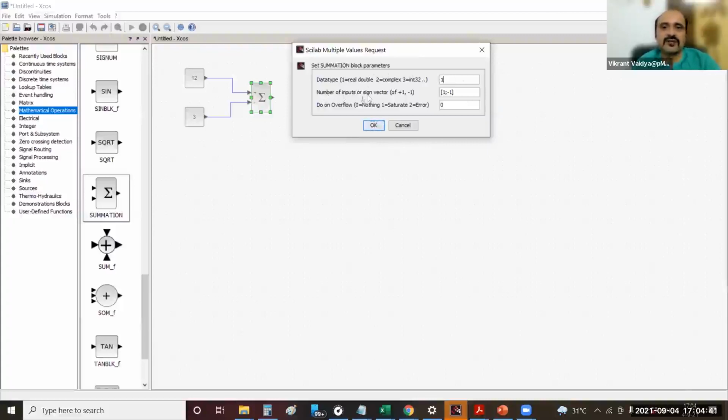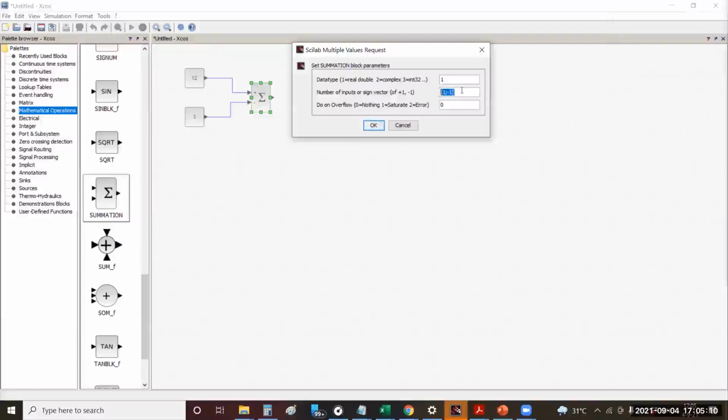Then the number of inputs or sign vector. What it means is how many inputs you want into this summation block. So the size of this vector, right now, what is the size of this vector? How many items are there in this vector? Anyone? 2. Yeah.